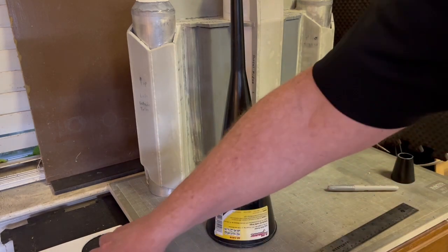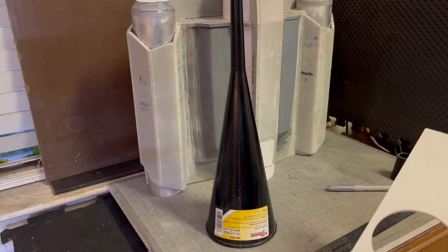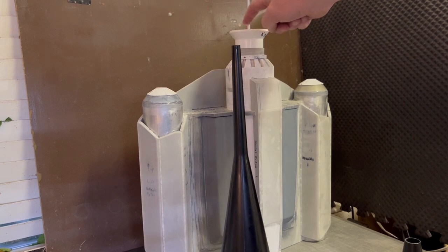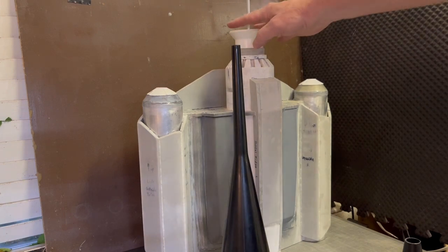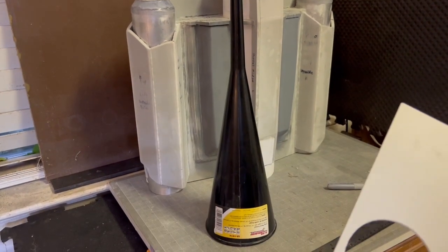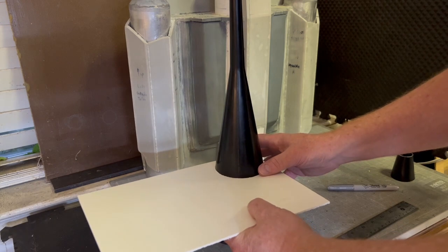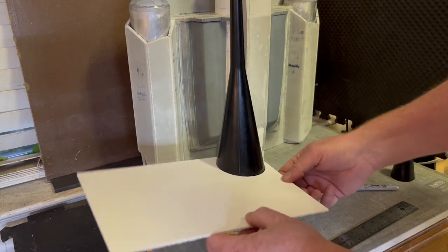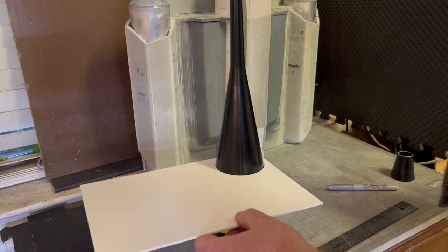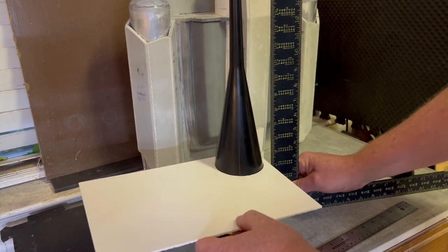The first thing I want to mark is this is just the piece of Sintra that I used to cut out the last little bit here that we used up here at the top of this. Whatever piece you cut that out of, we're going to use that as our marking guide. I'm just going to hold this down to where it stops, and unfortunately that's not super accurate because I can move this all over to get different lines. And even though this is not perfectly symmetrical, I think the best thing to do is to measure it with a square,